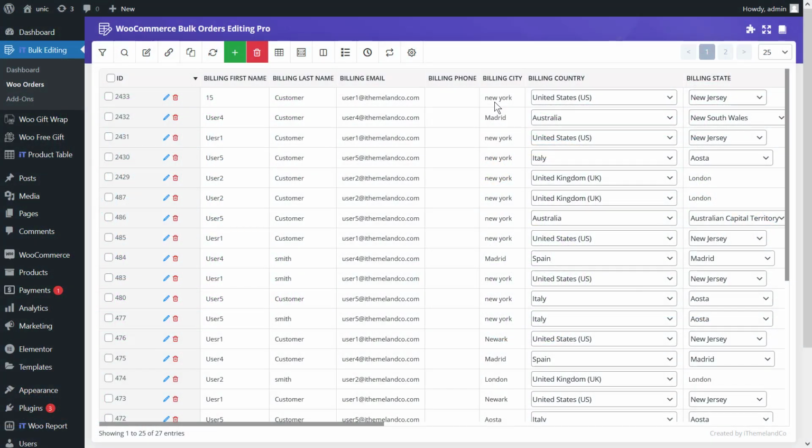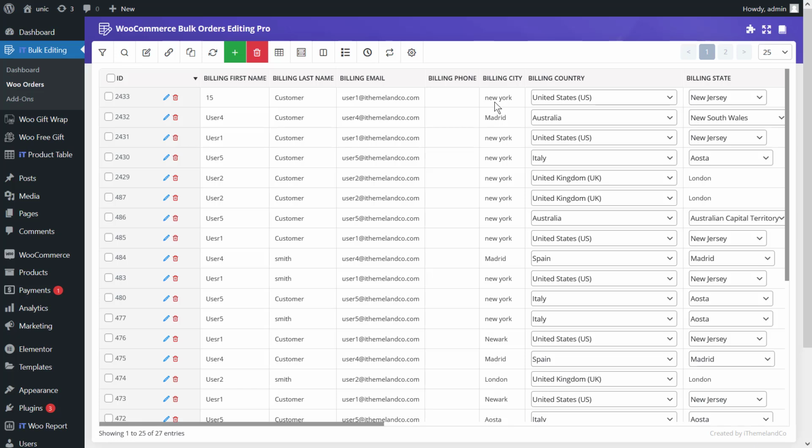This tutorial is going to be about how you can manage trashed orders on the WooCommerce Bulk Orders Editing plugin. Managing trashed orders, especially when you want to assign a specific status to them, is a kind of time-consuming task in WooCommerce because you need to first restore them and then also change their status one by one. Well, the good news is that you can manage all of the trashed orders directly on the WooCommerce Bulk Orders